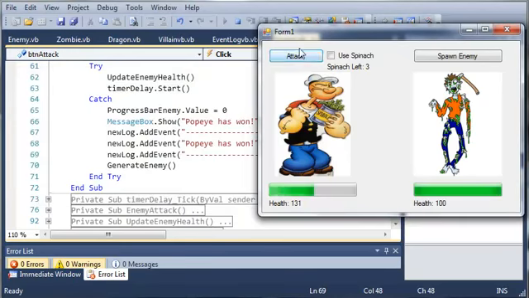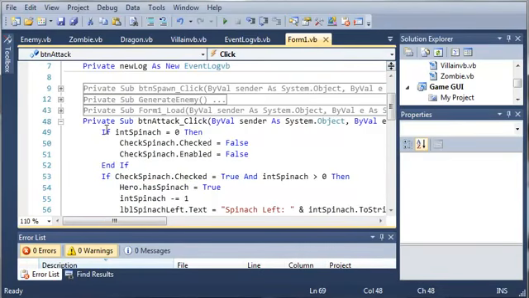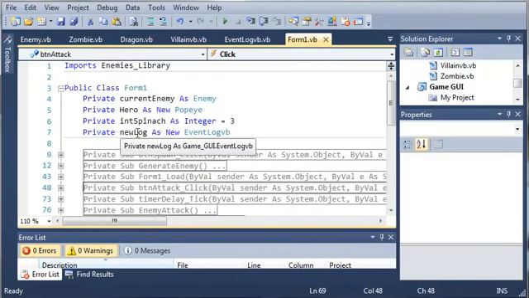So go ahead and close out of that. Let's go ahead and fix these logic errors that we have. And then once you've done that and put all that code in,